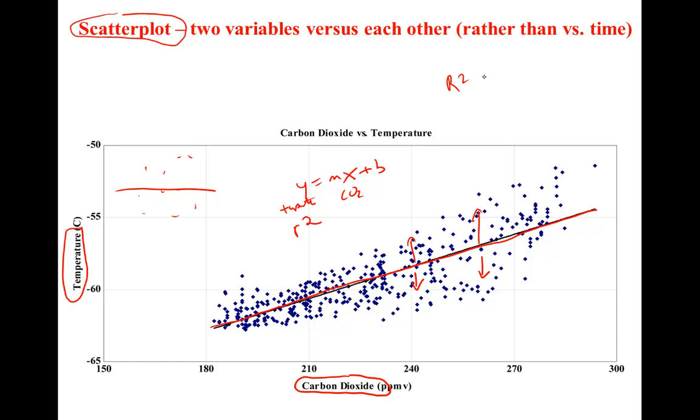R squared less than 0.3 is generally considered a weak relationship, and R squared greater than about 0.5 is considered a pretty strong relationship. And an R squared of 1 is a perfect one-to-one relationship between those two variables, with nothing else affecting either one. So in your lab, you're going to make scatter plots of CO2 versus temperature and methane versus temperature to see how strongly those variables are related to each other.